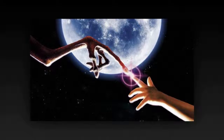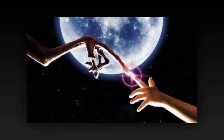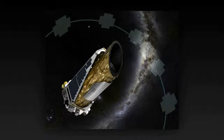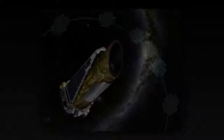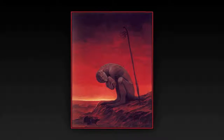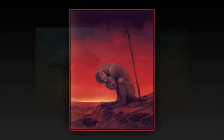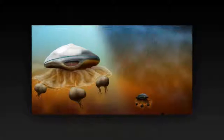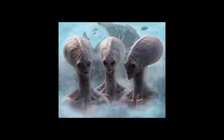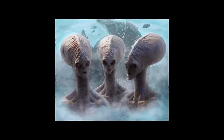Based on data from Kepler, NASA scientists believe that in our galaxy alone, 100 million planets may be home to alien life. But it's the upcoming James Webb Space Telescope that will first give us the capability to indirectly detect life on other planets. The Webb telescope searches for gases in a planet's atmosphere that are generated by life. The ultimate goal is to find Earth 2.0, a twin to our own planet,